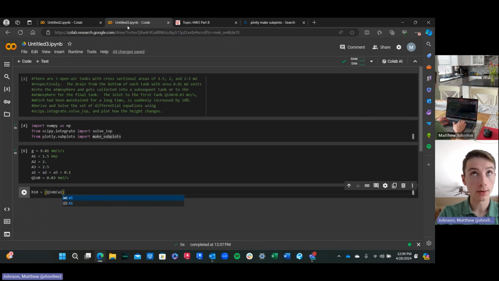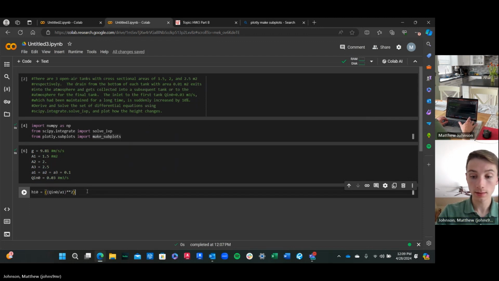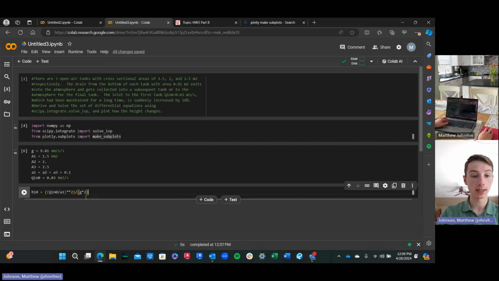We would need to then square this quantity before dividing again by G and 2, right? So we just work backwards there to get this expression for the initial height of the